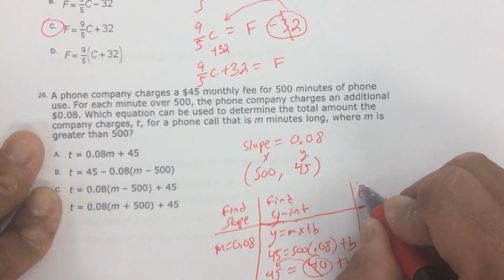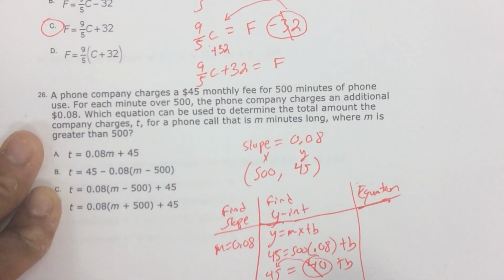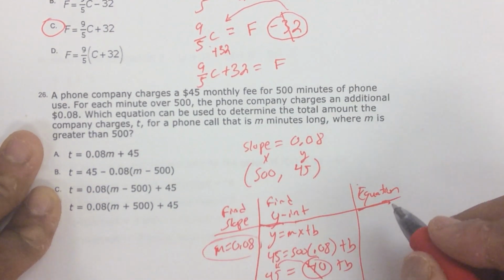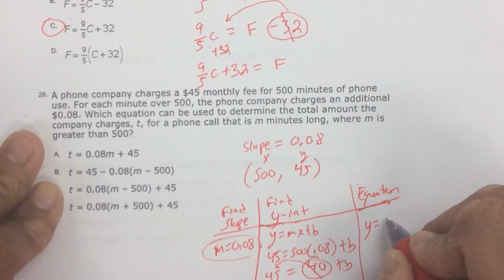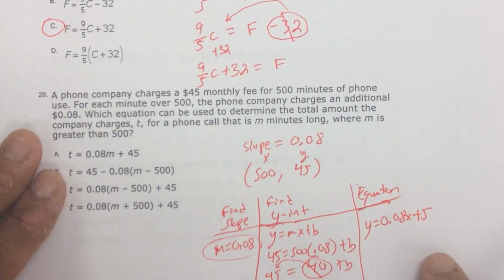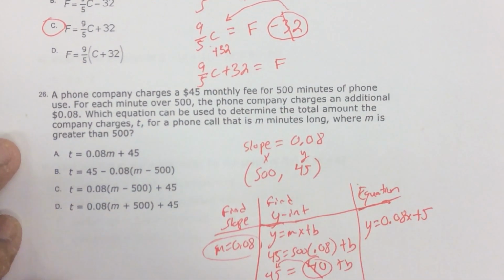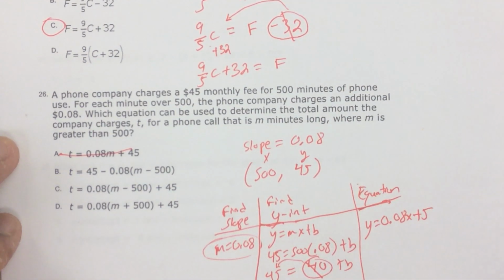So now, of course, you just got to write your equation. And your y-intercept is 5. Your slope is 0.08. So y equals 0.08x plus 5. So there's your equation. Now let's start off. A, obviously that's not it. Now if you notice,